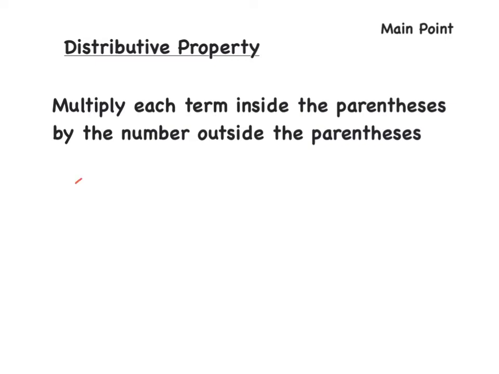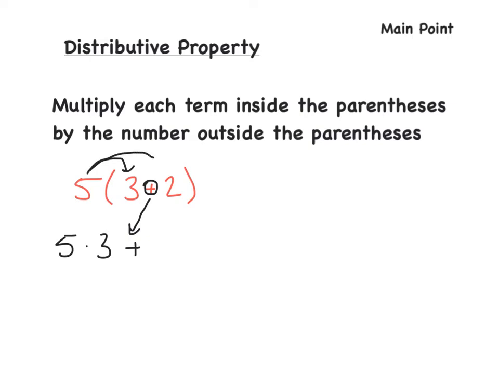If we have 5 outside the parentheses, and then we have 3 plus 2, the way you're supposed to do it, you are going to multiply each term inside the parentheses, which is 3 and 2, by the number outside the parentheses, which is 5. So, distributive property, I like to draw the arrows. So we are going to do 5 times 3. Bring the plus sign down, plus, then you do 5 times 2,